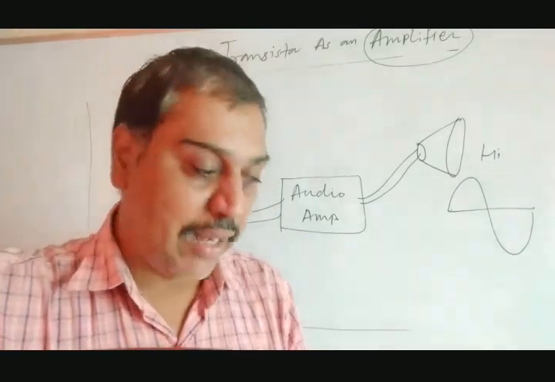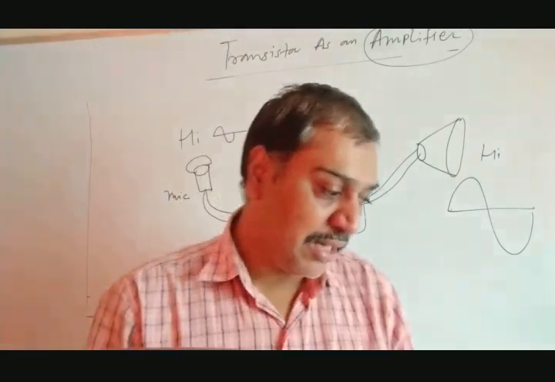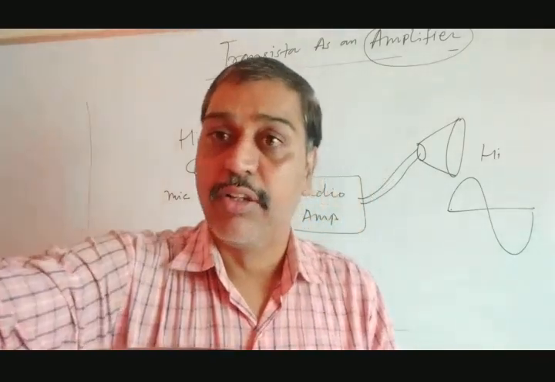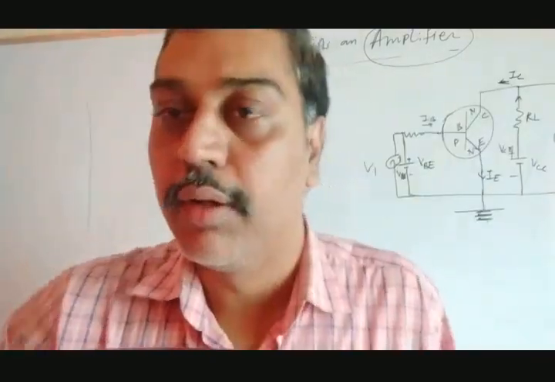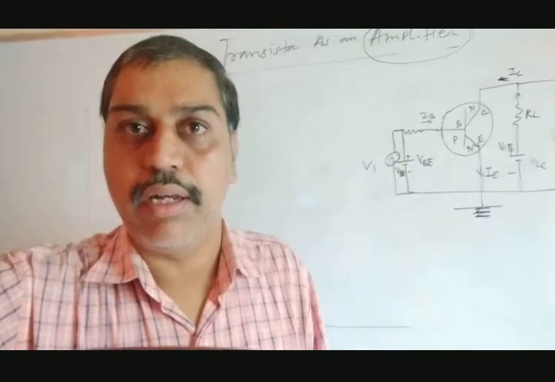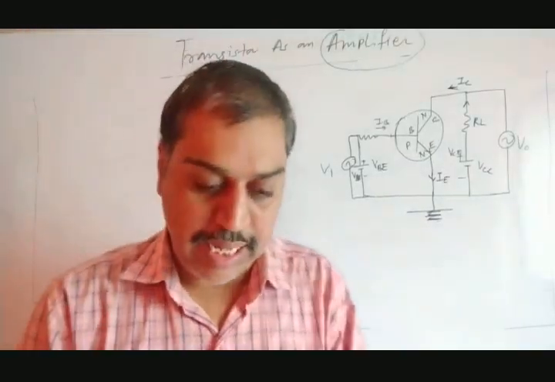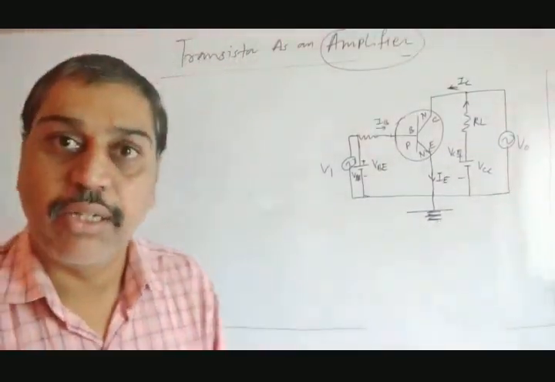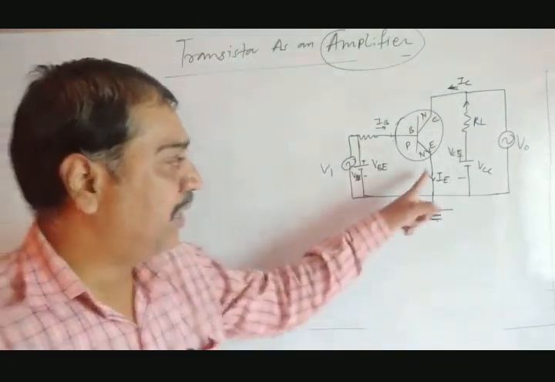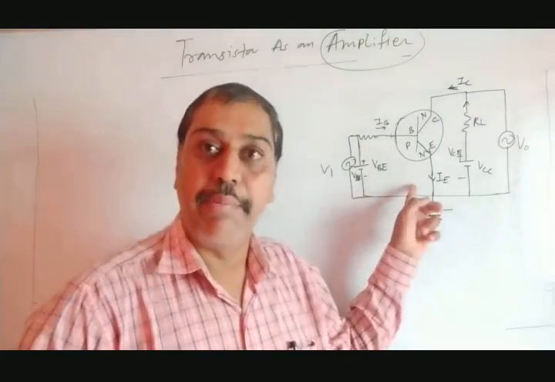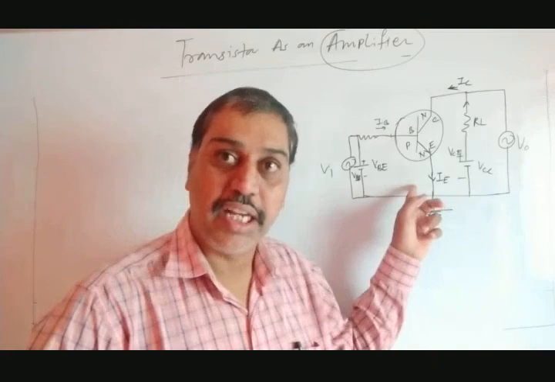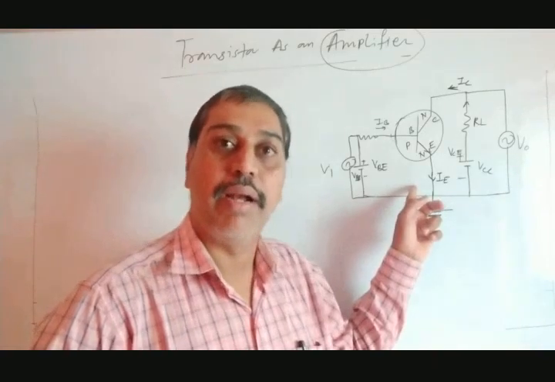Now let's draw the diagram, and when we draw the diagram, let's see how it works. Okay, so we will draw the diagram. Now see, this is the diagram I have drawn here. If you see this diagram for the amplifier in common emitter mode, emitter is common, so this is a common emitter amplifier. Transistor as an amplifier in common emitter mode.